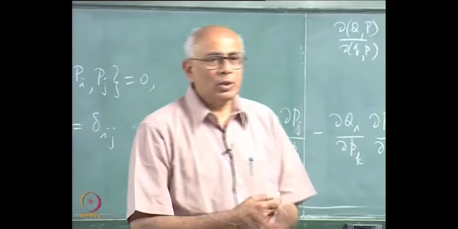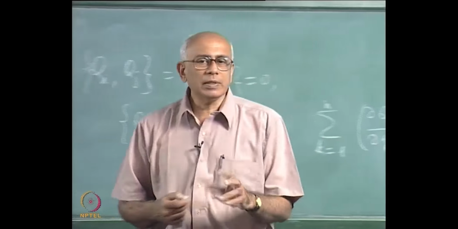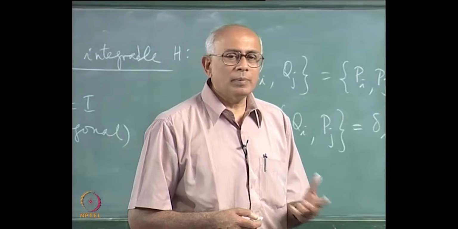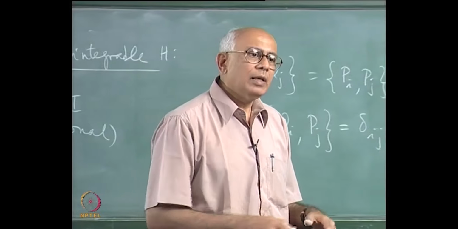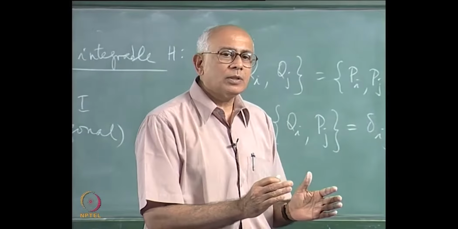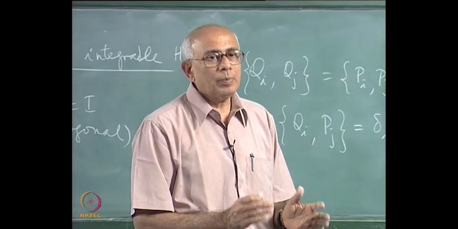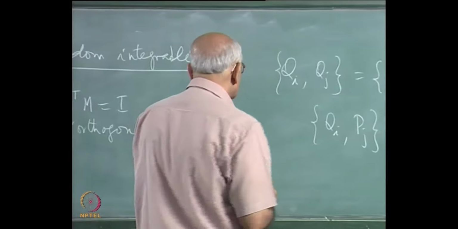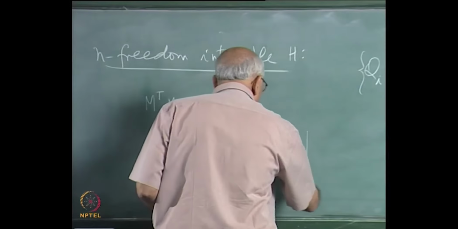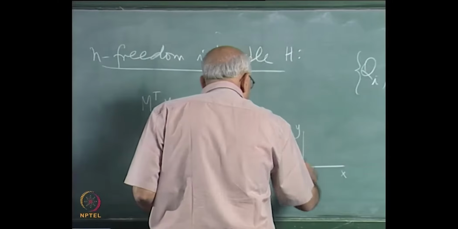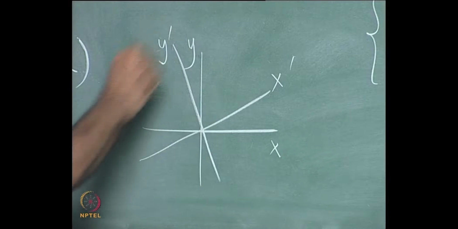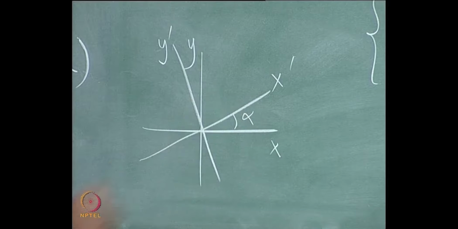Every rotation, absolutely right. Every rotation in physical space is represented by an orthogonal matrix. In 3-dimensional Euclidean space, any 3 by 3 orthogonal matrix of unit determinant represents a physical rotation of the coordinate system. The simplest of these, of course, as you are well aware, is if you took the xy axes and you went off to x prime and y prime at an angle alpha, then this rotation in the xy plane